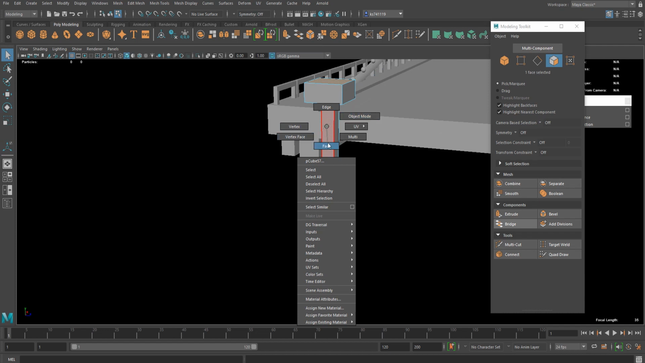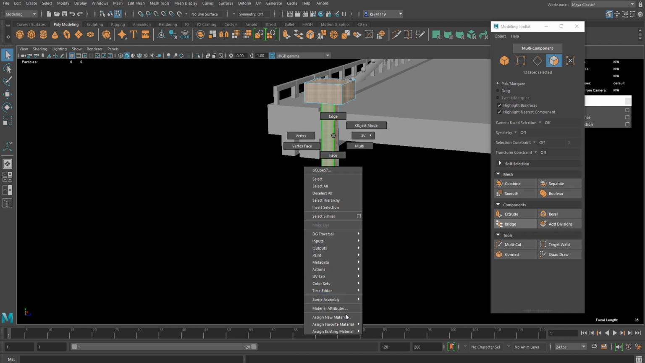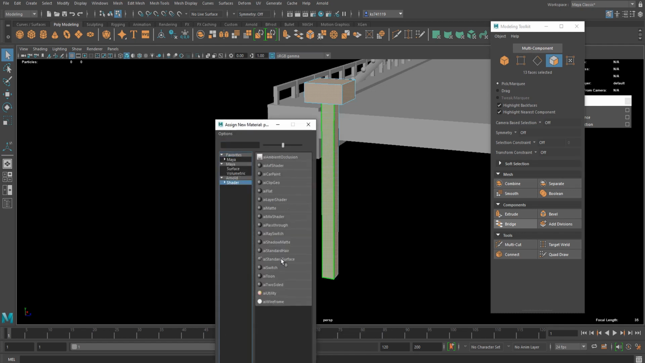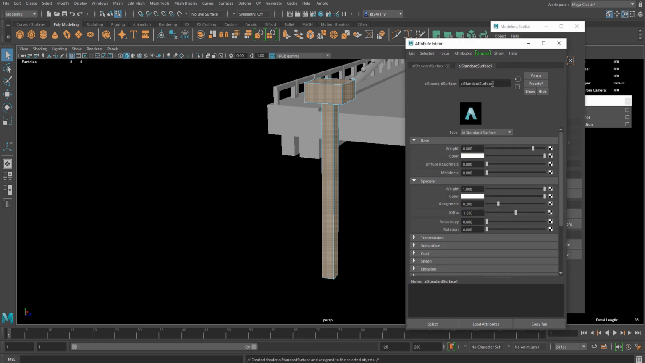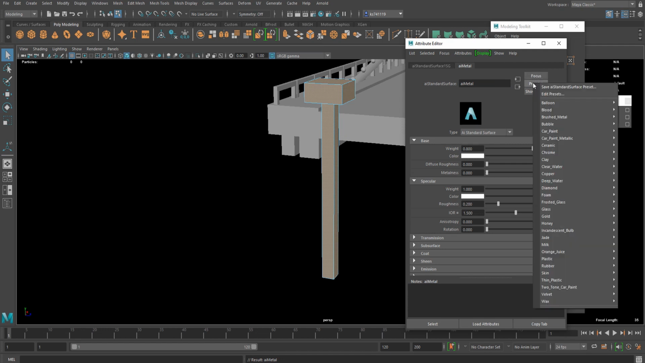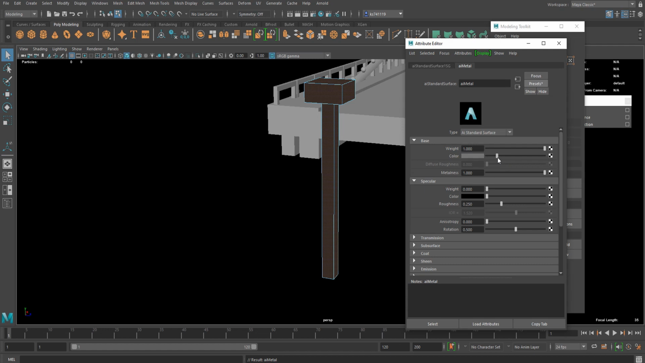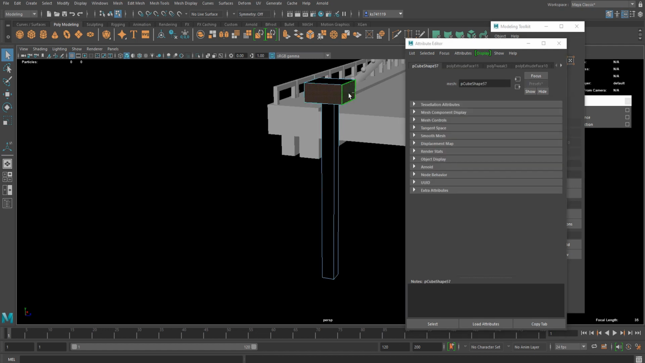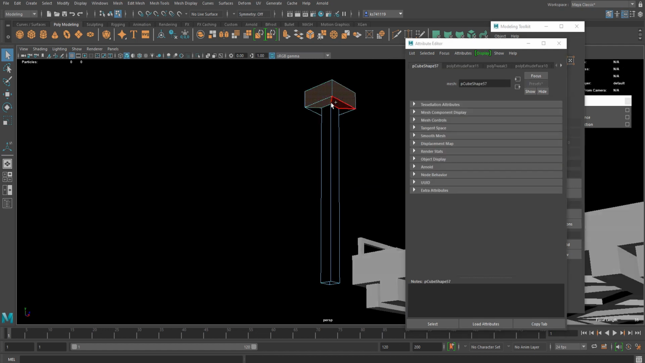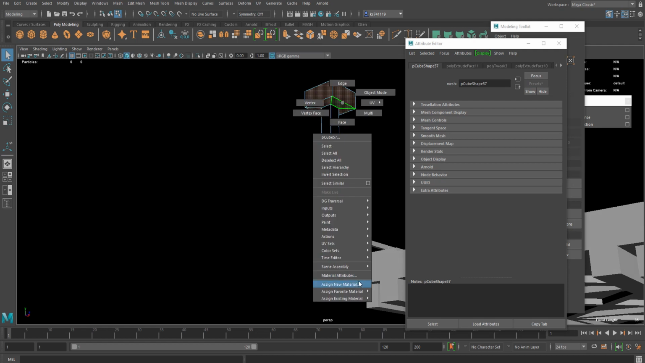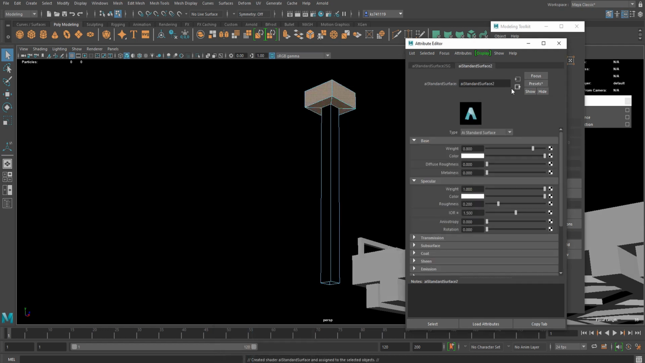I think we should start applying materials. So I'm just gonna apply a new material. In my case, I'm just gonna use Arnold. I'm just gonna call it AI Metal, and select brushing metal preset, and maybe I'm just gonna make it a bit darker. And select the top part of the object and assign a new material, again AI Cylinder Surface, and